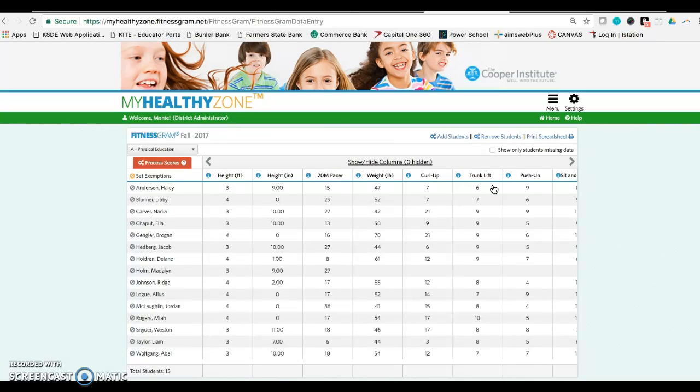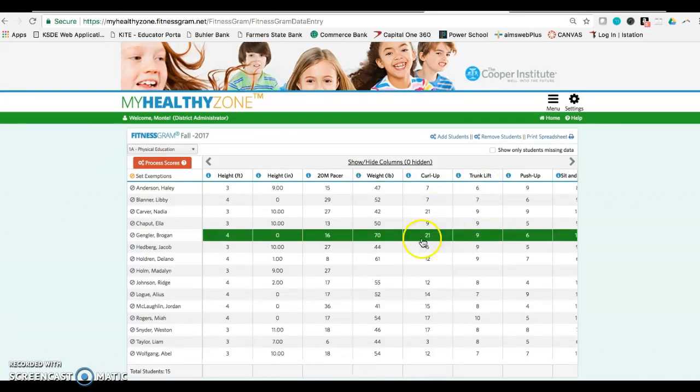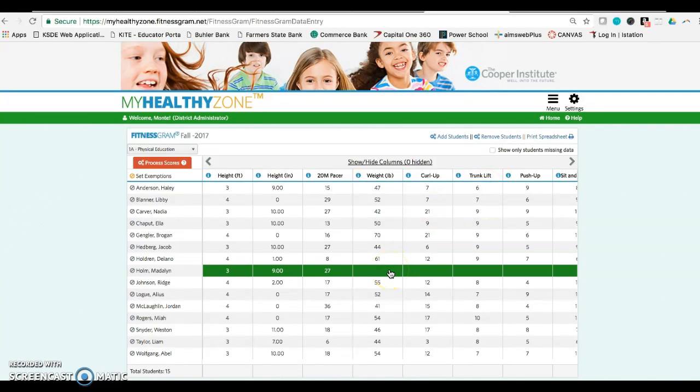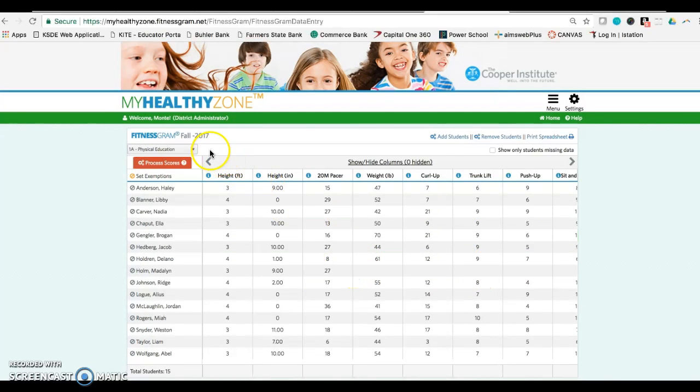Okay. And so remember that in the previous screen, 66 students out of the elementary have some data missing in their records. I'm guessing that Madeline Holm would be one of those. Here's a first grader. It's got a few things listed here, so she's probably one of the 66. And there's various other kids throughout that have that, but you know that as far as putting in data. If you go to your 4B, right there,